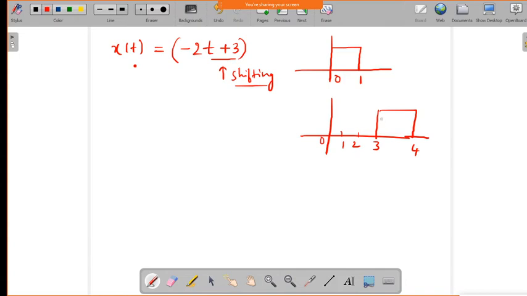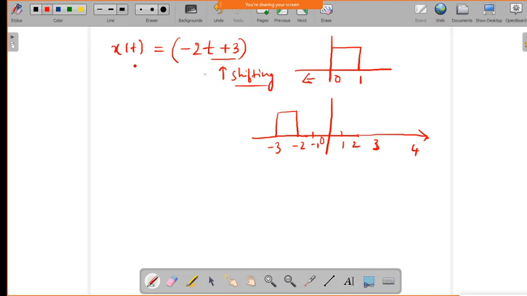This is shifting in the positive side, but it is actually asking for the negative side. So you need to shift the signal backwards, that is, it will go 3 units this side. If you go 3 units this side, this 0 will be in the position of minus 3, and then it will be minus 2 and minus 1. So this is your shifted signal.